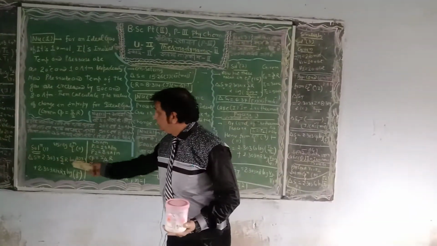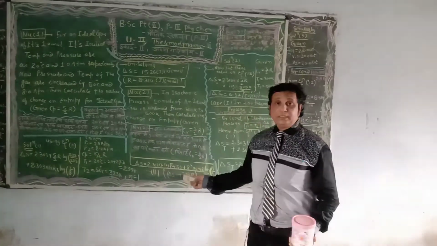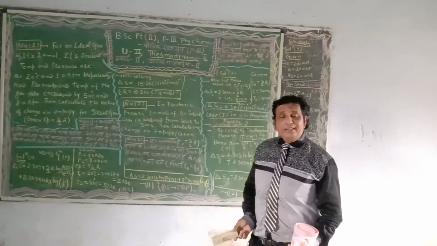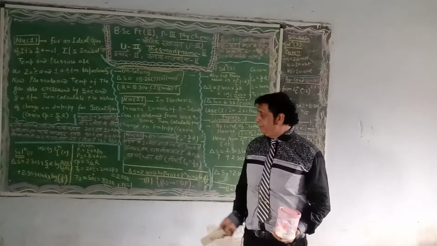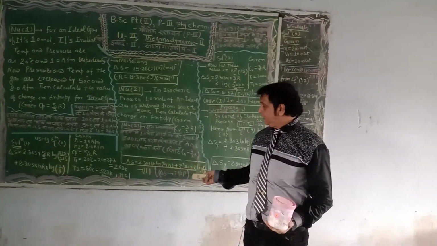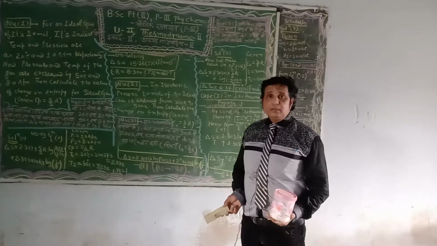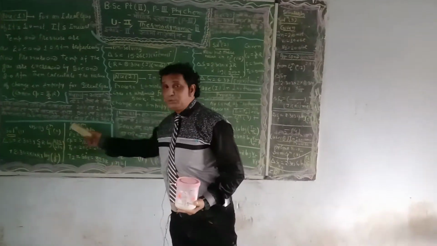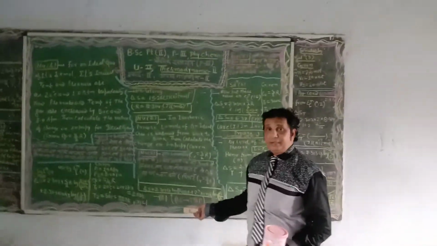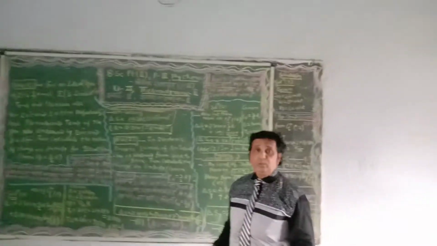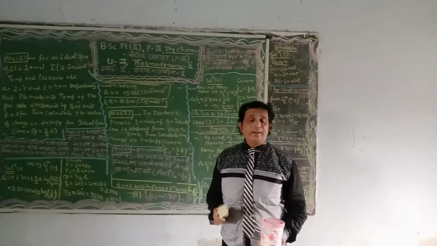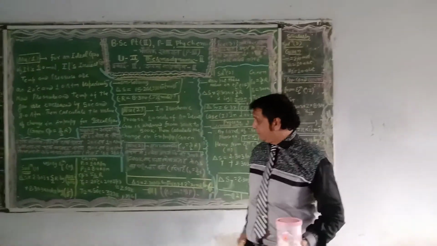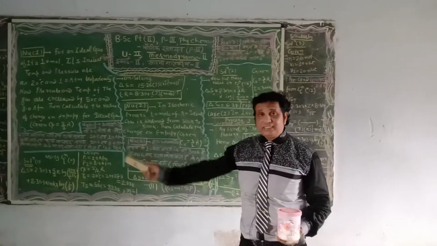Now substitute these values using equation number 11. Look at the blackboard, dear students. Yesterday we calculated the change in entropy in terms of temperature and pressure. The fundamental equation is number 11. Now we substitute all these values into equation 11, which gives the fundamental quantitative relationship of change in entropy with temperature and pressure. I am writing 2.303 here.